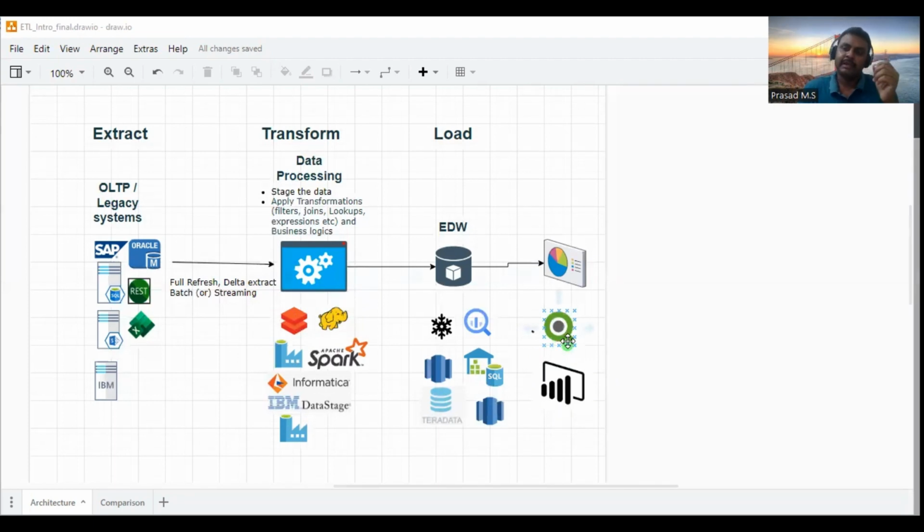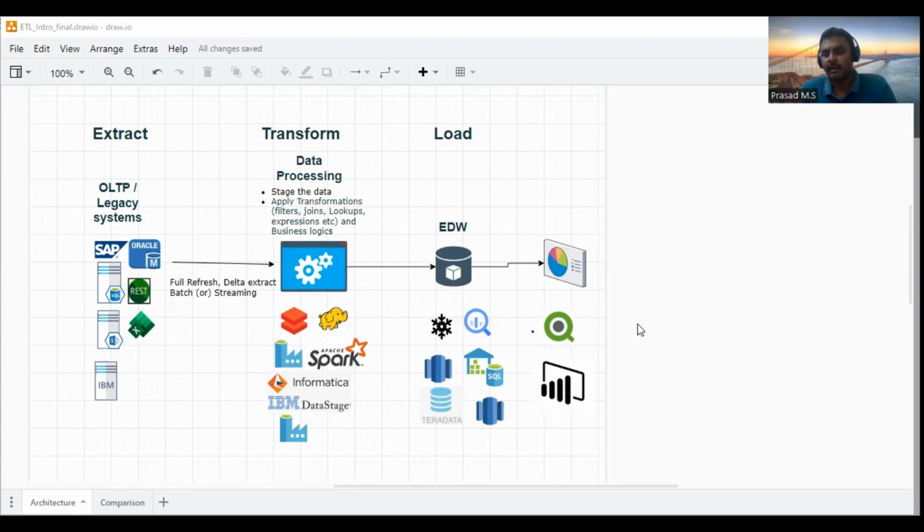Also, let's say if your project already has the Azure stack for data engineering activities, Power BI will be a very natural choice. However, some projects will also employ tools like Qlik, QlikSense, etc. As I said, it all depends upon the project requirements. So this explains the ETL landscape. And as I mentioned at the beginning of the video,